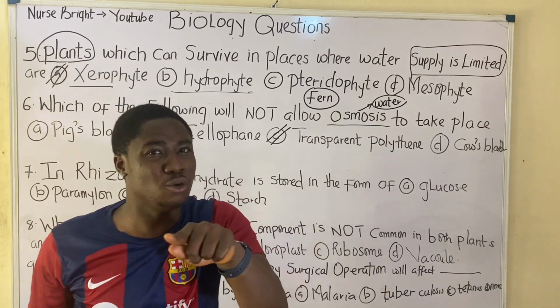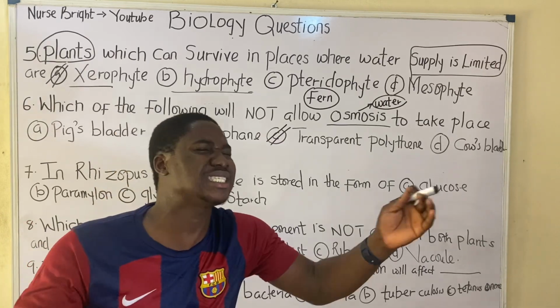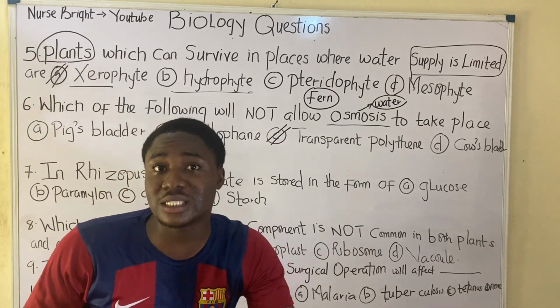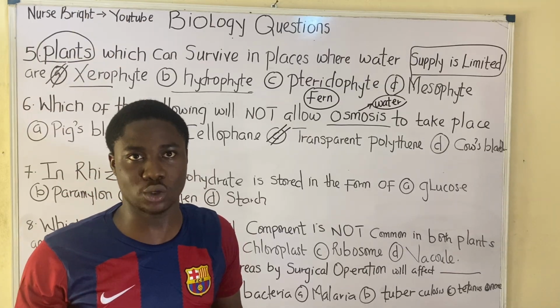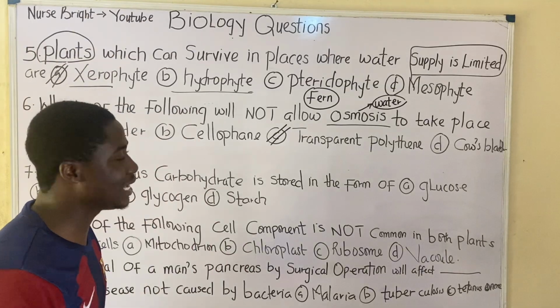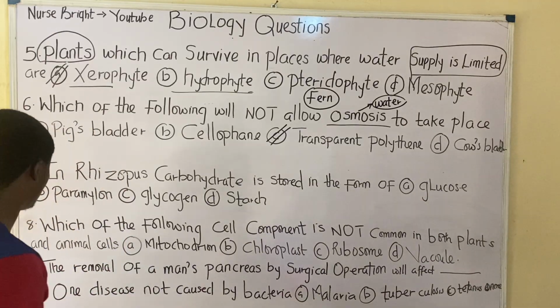But if it was diffusion, it is the direct opposite, which is the movement of molecules, be it water, gases, or solids, from a region of higher concentration to a region of lower concentration. Are you getting my point? So that's for that. So moving further, let's get into the next practice question, which is question number 7, and